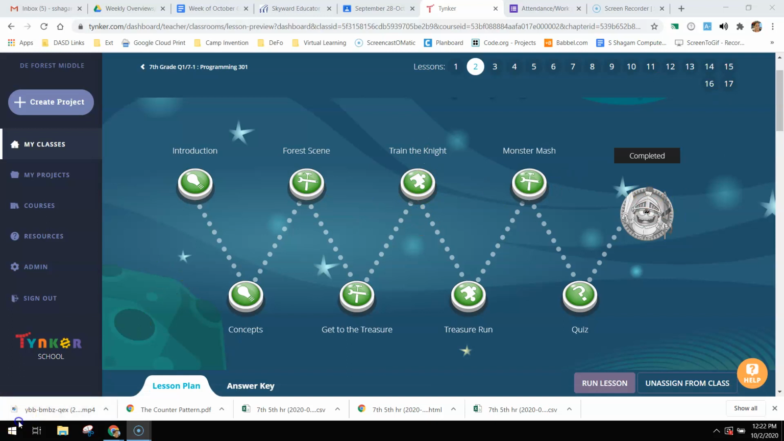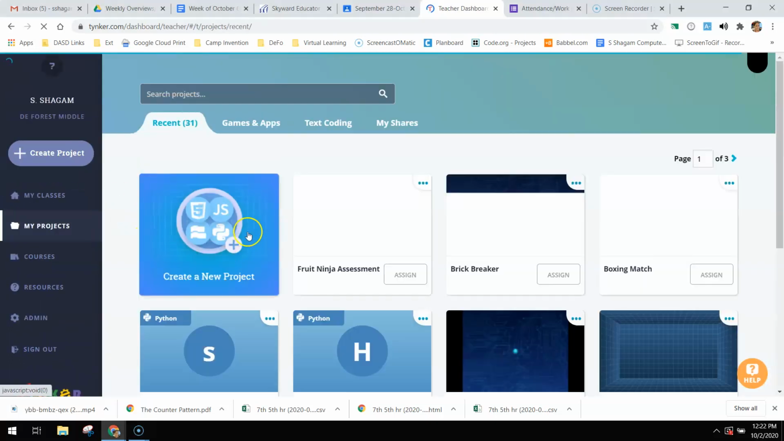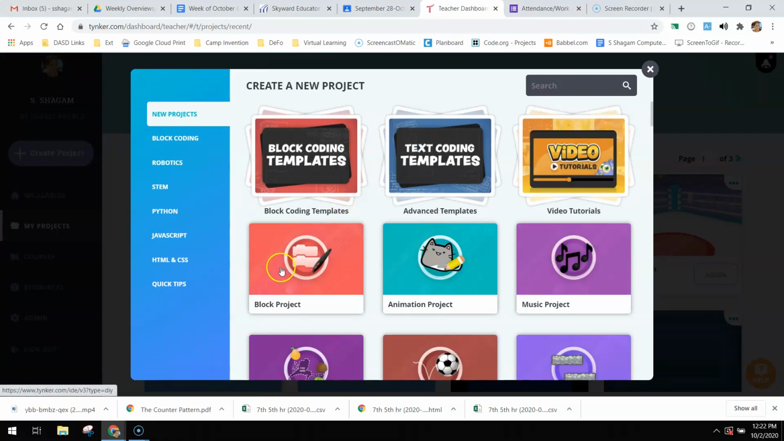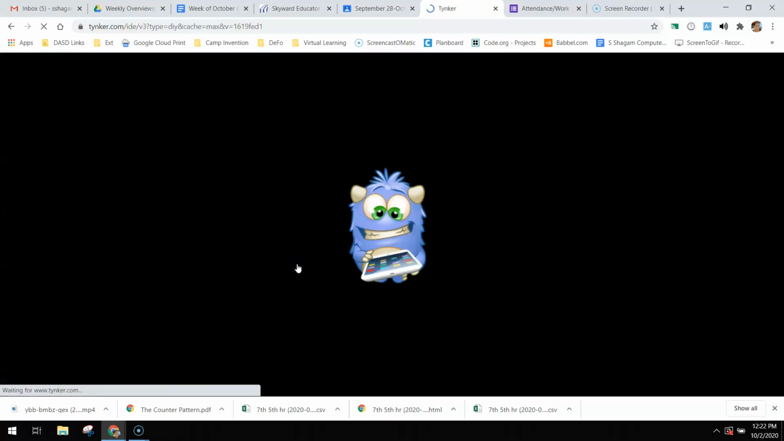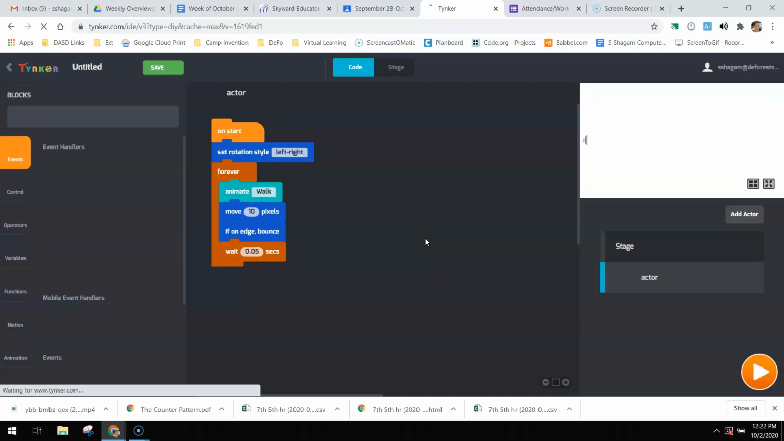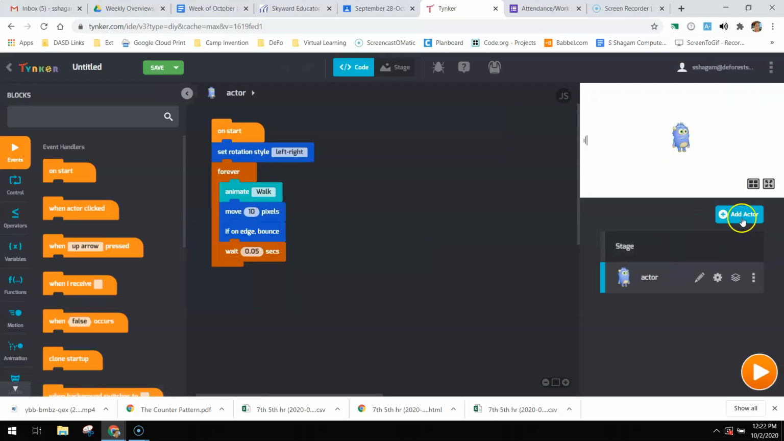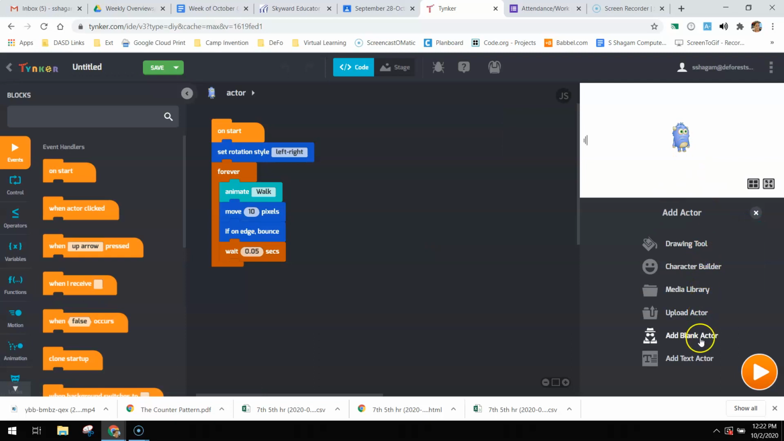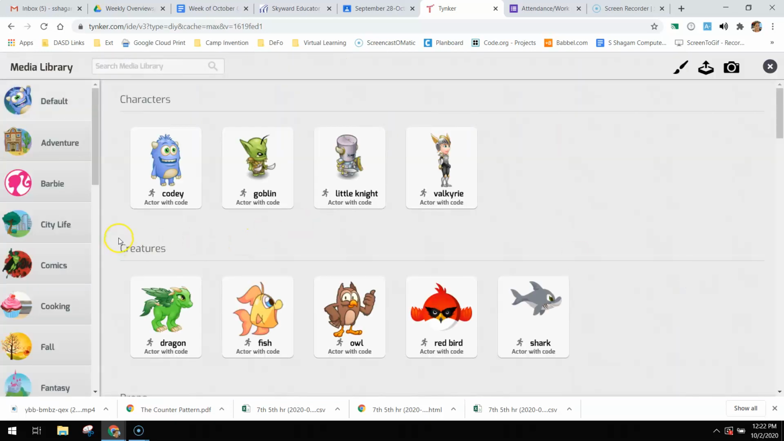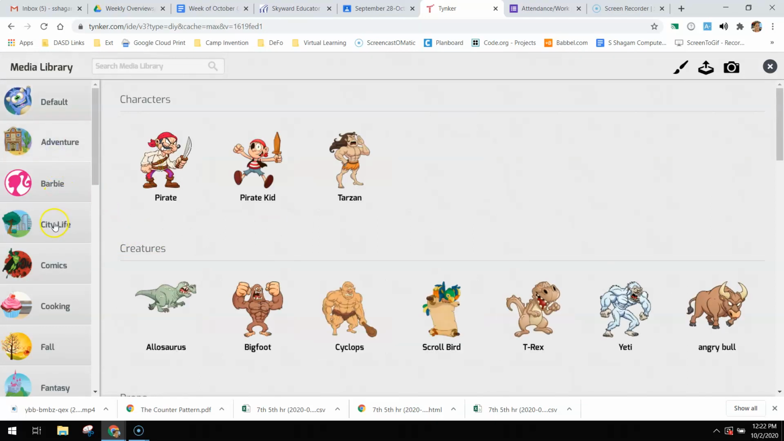If you would like a little extra at the end of this lesson, you could go and create some realistic natural environments using Tinker. To do this, I would have you go over to My Projects, create a new project, and then just do a blank block project. You could then go in and find some of the natural looking landscapes that they have. So if we go to the media library, you can go find